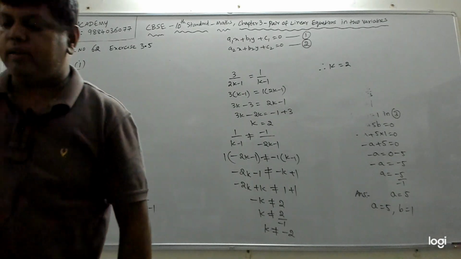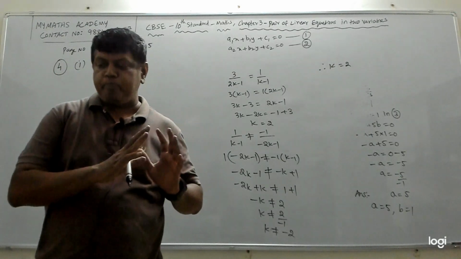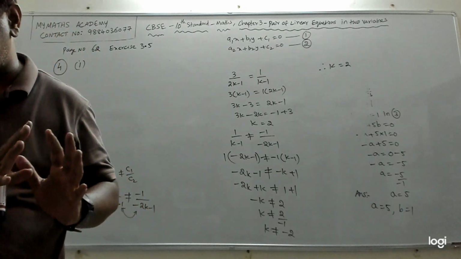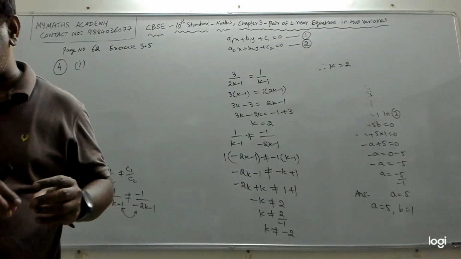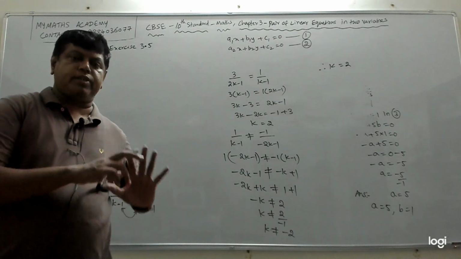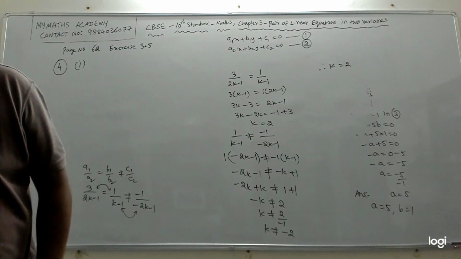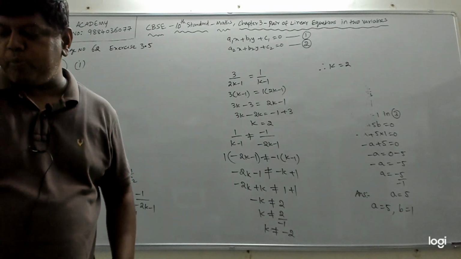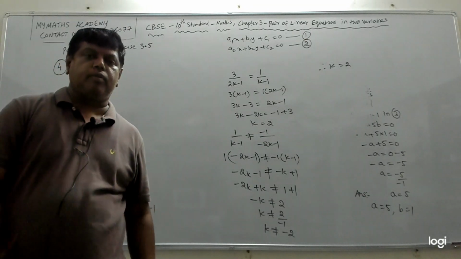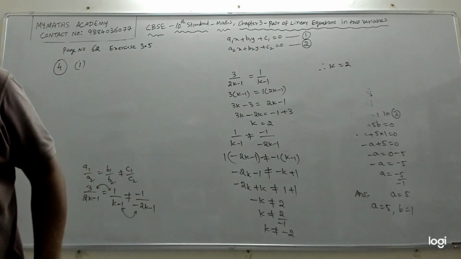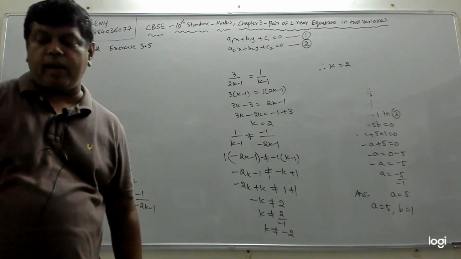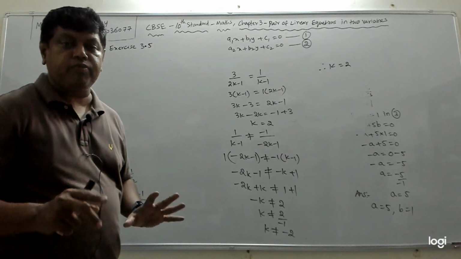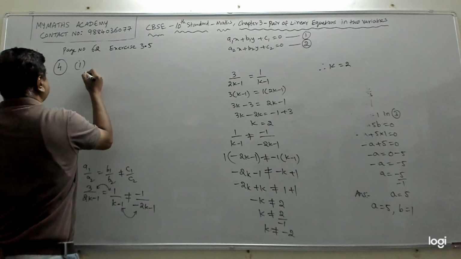So in a hostel there are 2 charges. Monthly hostel charges are made up of 2 parts. One is the fixed charge and the remaining depends on the number of days one has taken food in the mess. Student A has taken food for 20 days and has to pay ₹1000 as the hostel charge, and the other person who has taken food for 26 days has paid ₹1180. We have to find the fixed charge and the cost per day of the hostel. So we will assume, let the